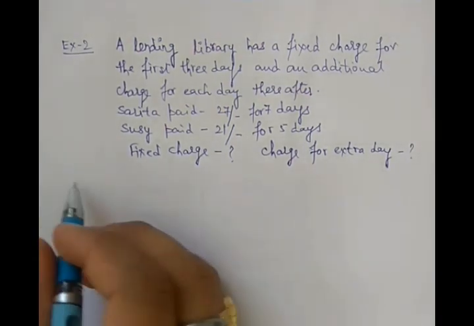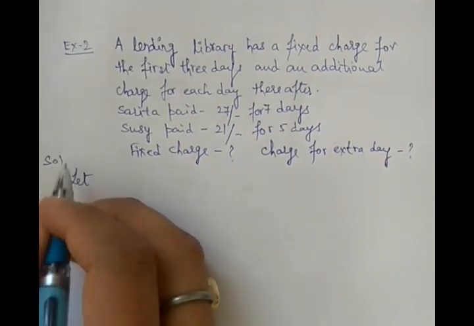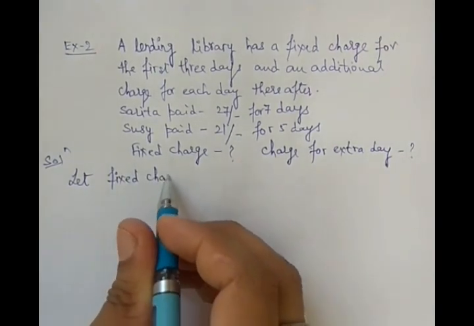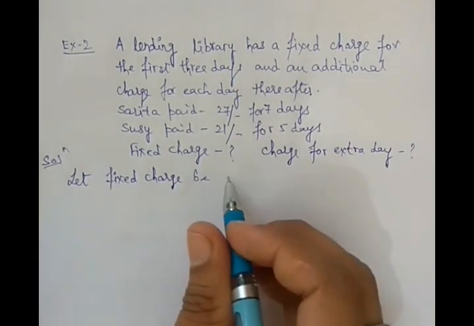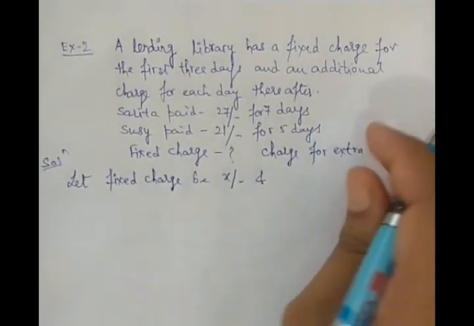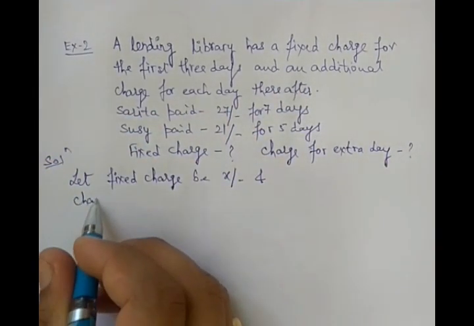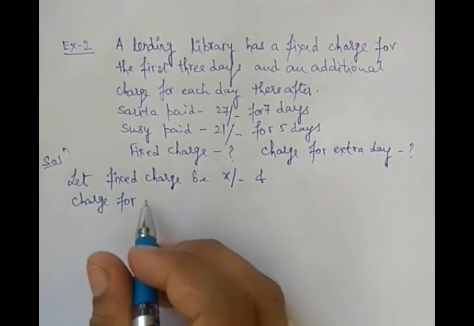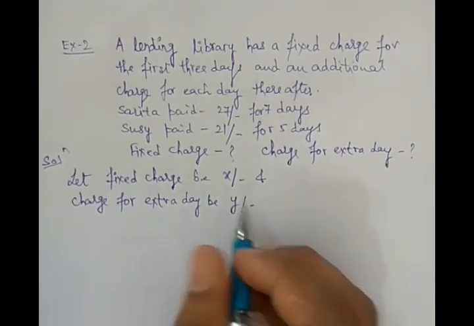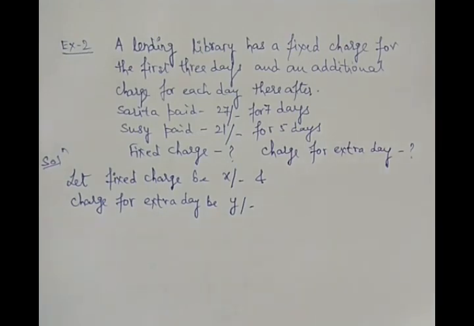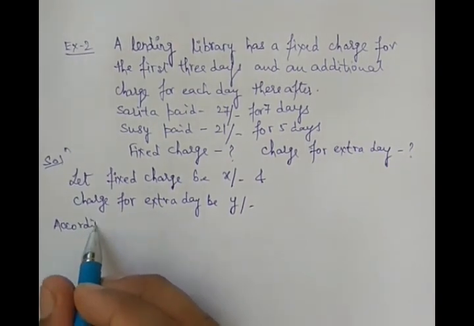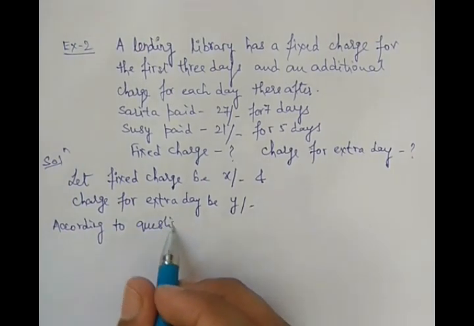First step will be, this is the solution, let the fixed charge be rupees X and the charge for extra day be Y. Now according to the question, if you try to make the equations according to the question,